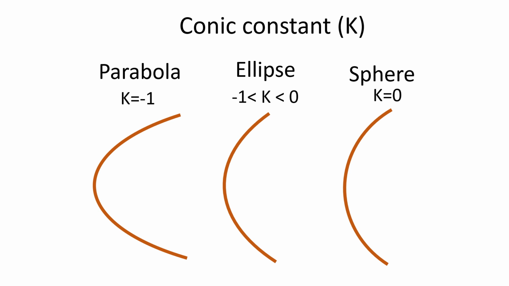So let's focus a bit closer on the meaning of the term conic constant. So why use it? Well, it turns out that it's a very convenient way to define the surface shape of a certain class of aspherics with just one single number. So the name conic constant is derived from the word cone, and all the shapes we've discussed so far, the sphere or circle, the ellipse, the parabola, they're actually cross-sections of a cone under a specific angle. And using the geometry of a cone, you can very easily visualize the relation between a specific conic constant and the shape it's related to.